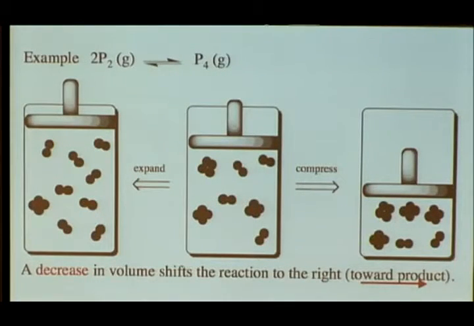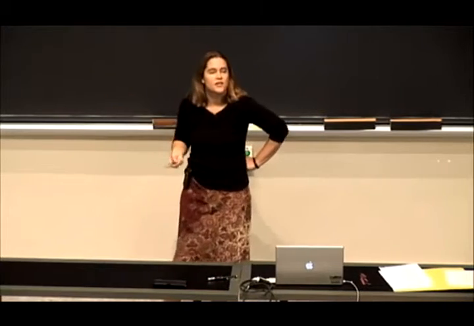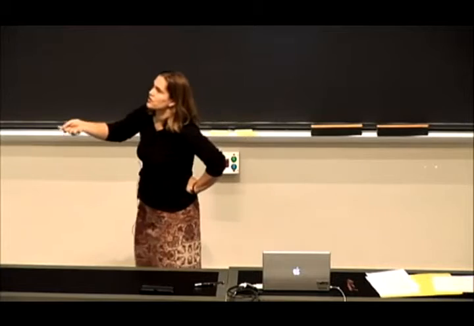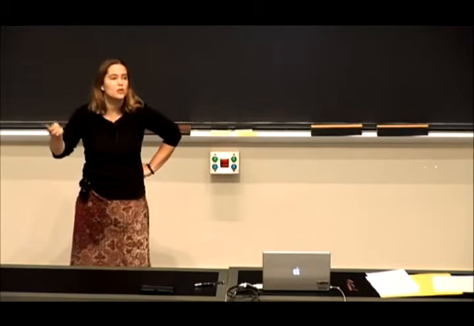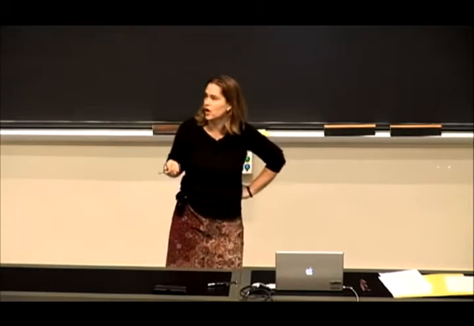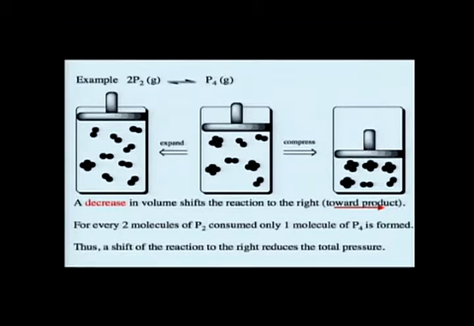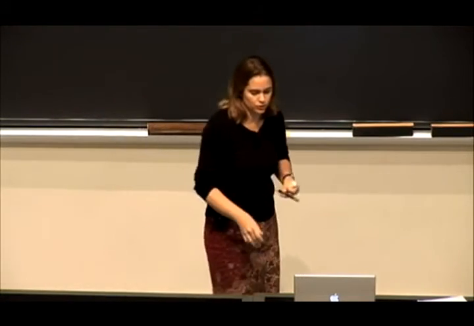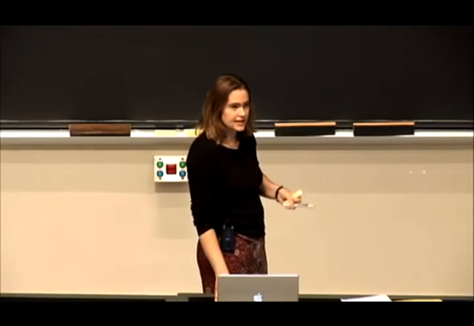So if you shift from the 2 to the 1, that will cause a decrease in pressure, and so that will help compensate for the increase in pressure caused by the switch in volume. So you're going to respond in such a way to compensate for that stress. So a shift of the reaction to the right decreases the total pressure. So now let's think more about why